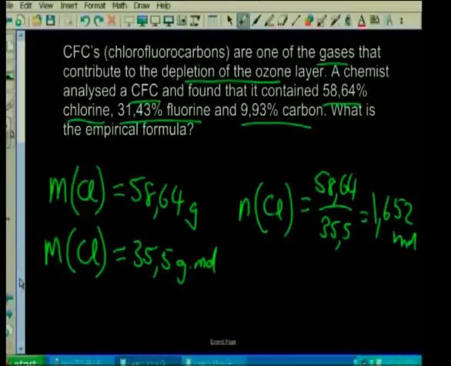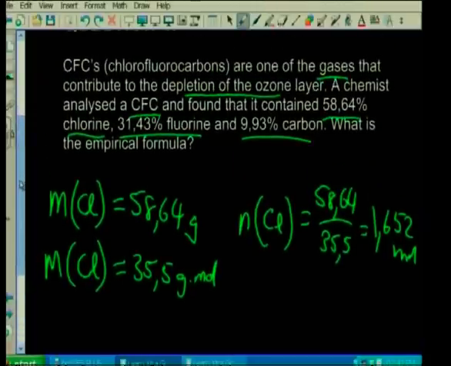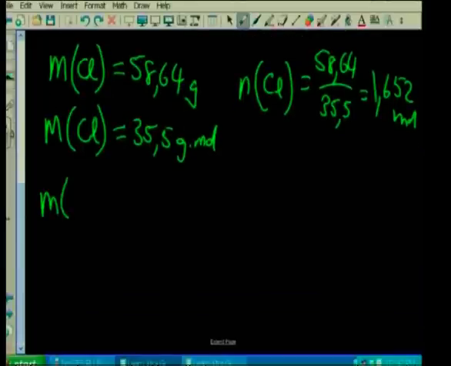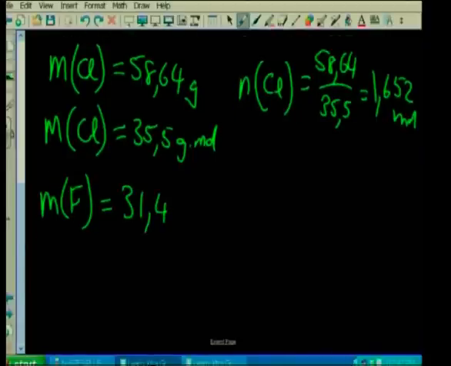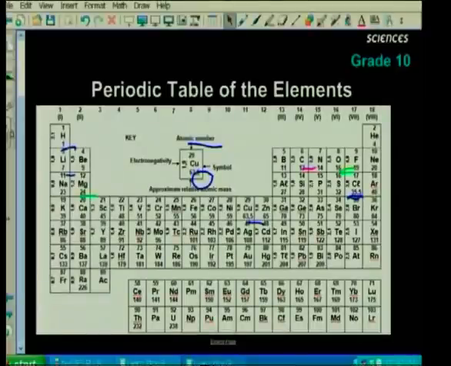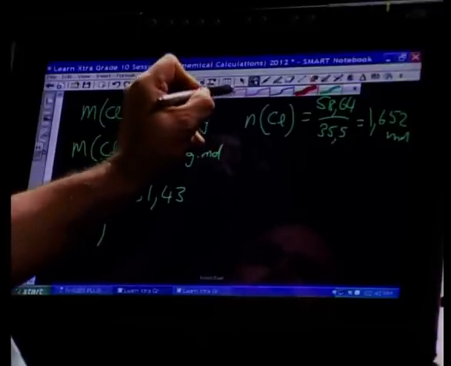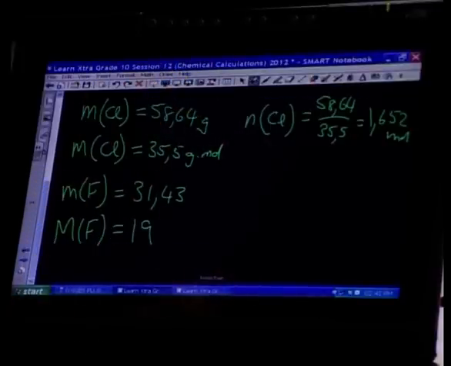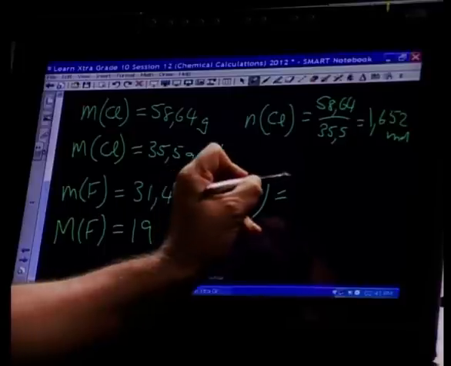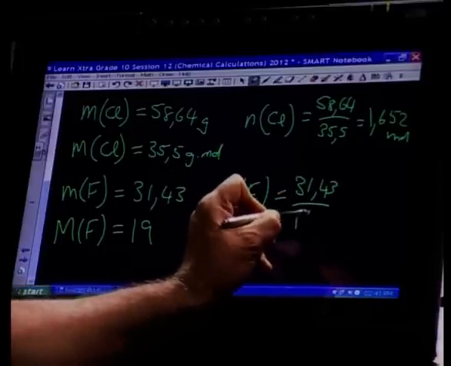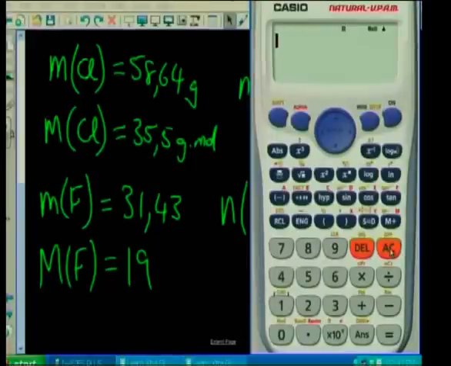Now, let's do the same for the others. I'm now going to take the next one, which is fluorine. I'm going to say the mass of fluorine is equal to 31,43 grams. The molar mass of fluorine, look at the periodic table. Fluorine is 19. And so how many moles of fluorine have I got? Moles of fluorine is equal to the mass of fluorine, 31,43, divided by 19, and the calculator will give me the answer, 31,43 divided by 19 equals